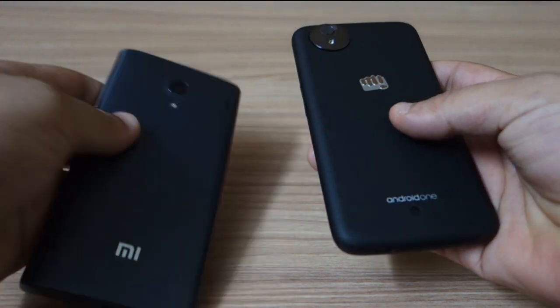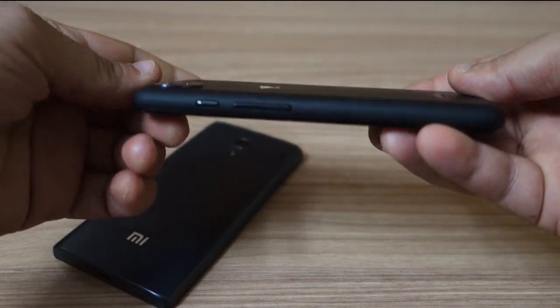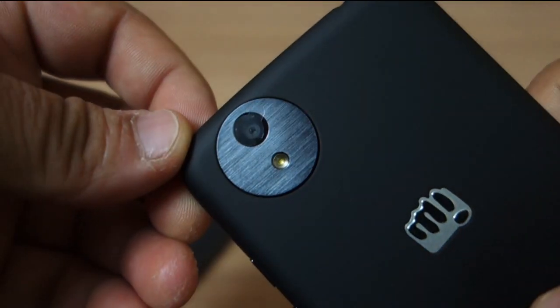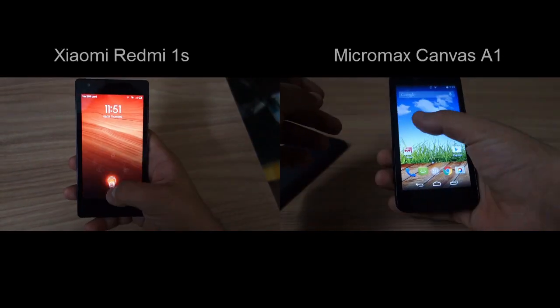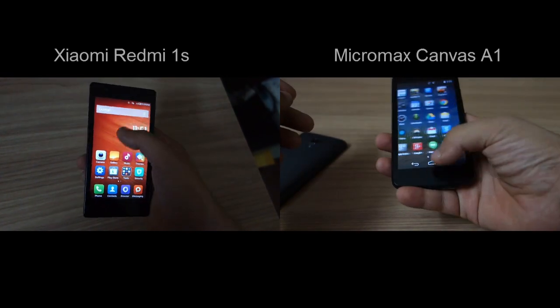Both phones are predominantly plastic and offer great build qualities for their price point. I preferred the Micromax with its compact design. It feels much more snug and comfortable over the boxy design of the Redmi 1S. The metallic ring around the camera is a nice touch, which shows that Micromax has spent time designing the phone. The Micromax also offers better one-handed usability, while the Xiaomi, though not uncomfortable, is not as easy to hold as